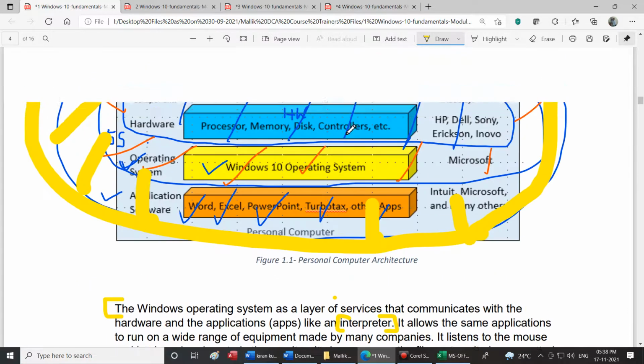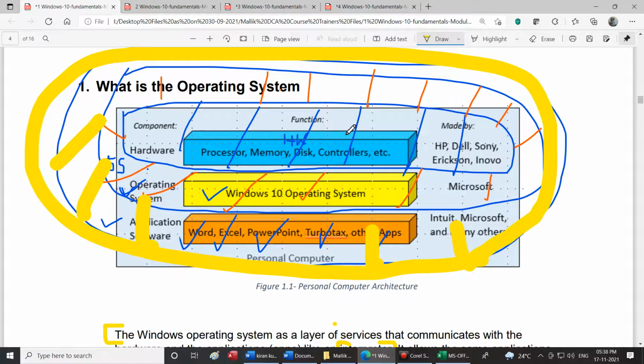Yesterday we saw one more block diagram, of the operating system. The operating system will be talking to the application software, and the application software will be talking to the user. If a user says in the application that something has to be done, the application will talk to the operating system, which will talk to the hardware. The hardware will again talk to the operating system, which will talk to the application. In the application, I will start seeing the output.